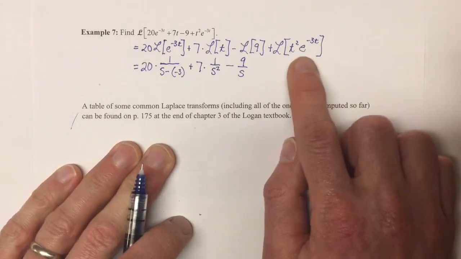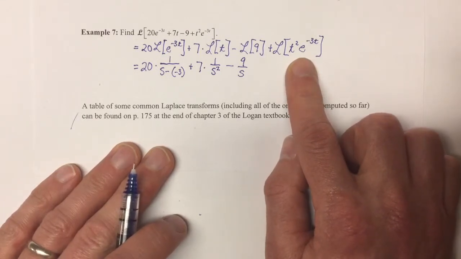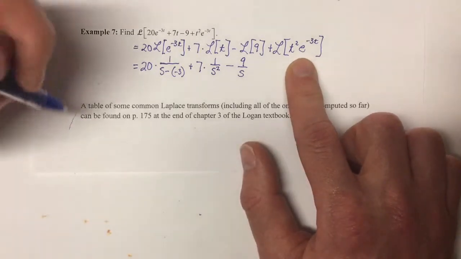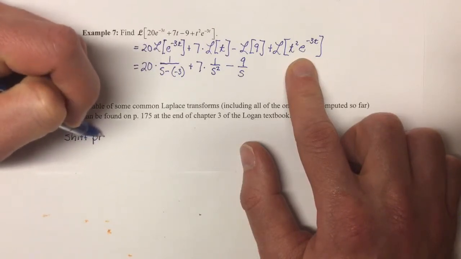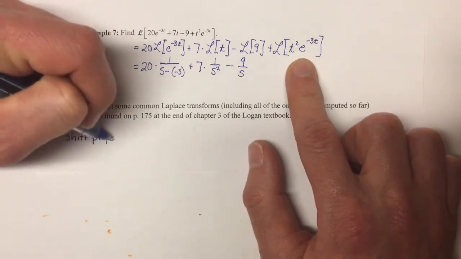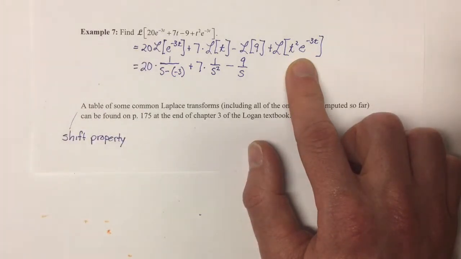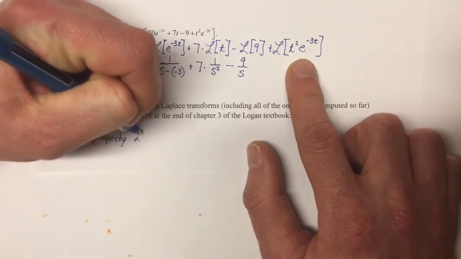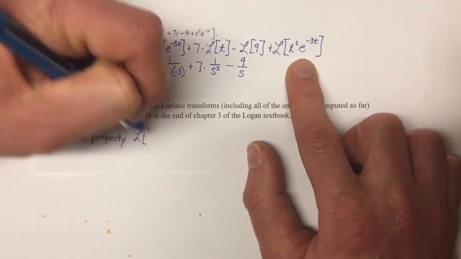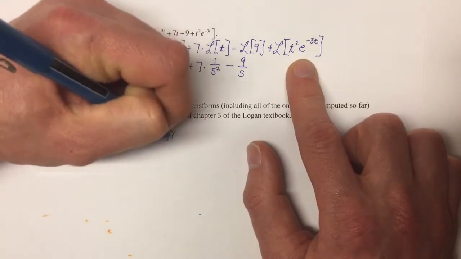And finally, this one's a little bit tricky. If we look back at page 2, we had property 2, which was what was called the shift property. I'm going to write it down here at the bottom of the page, just so that we have it in front of us. And the shift property said that a Laplace transform of e to the at times a function of t